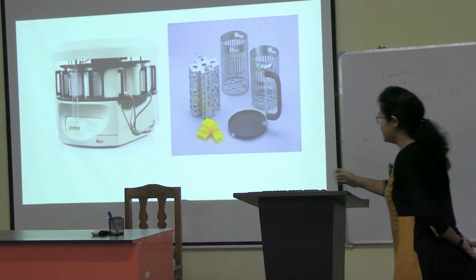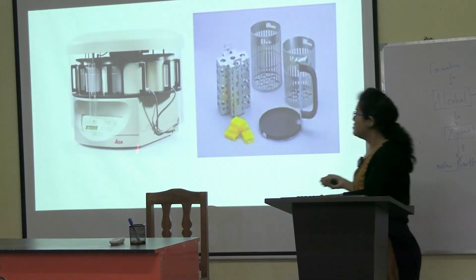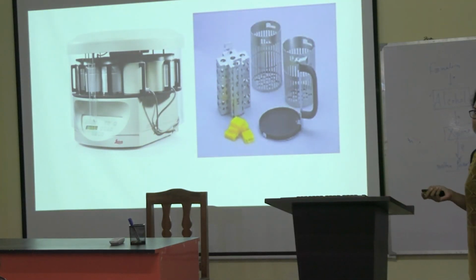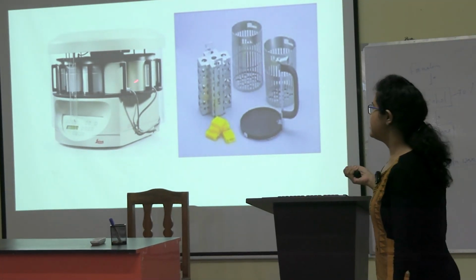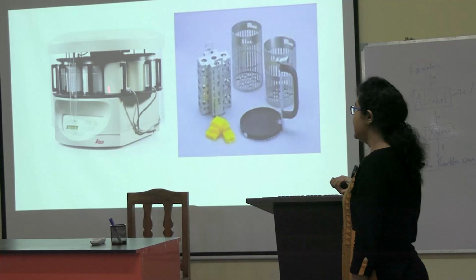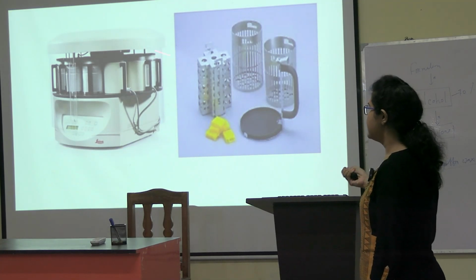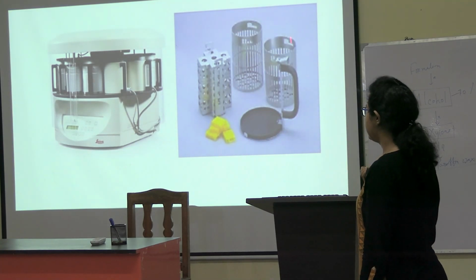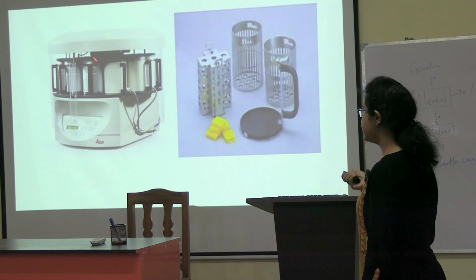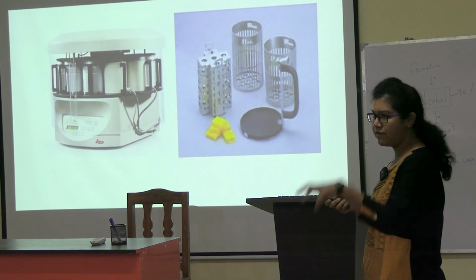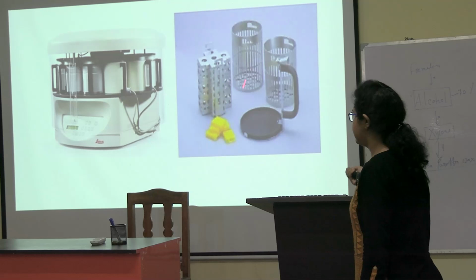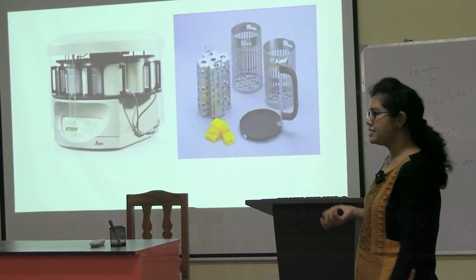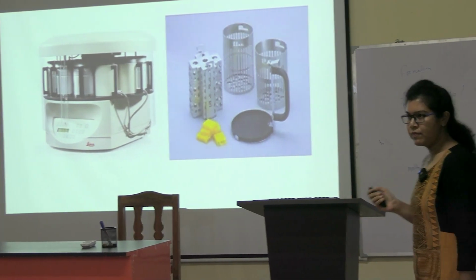So this is basically a tissue processor. This machine is known as a tissue processor. You have to identify this machine in the examination, okay? These are all jars. This metallic thing you are seeing, inside these jars we have to place this, okay? So what are we placing inside it? We are placing the cassettes, okay?